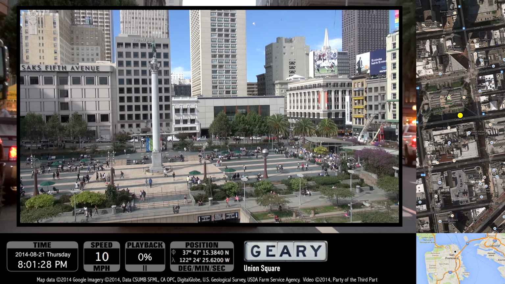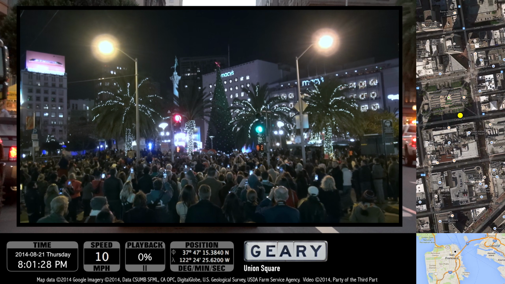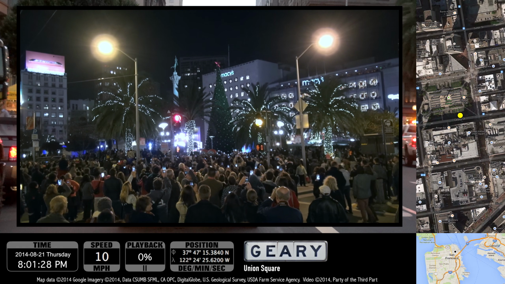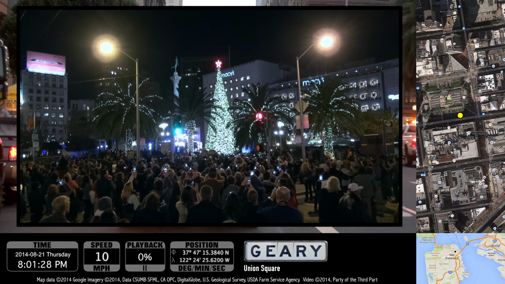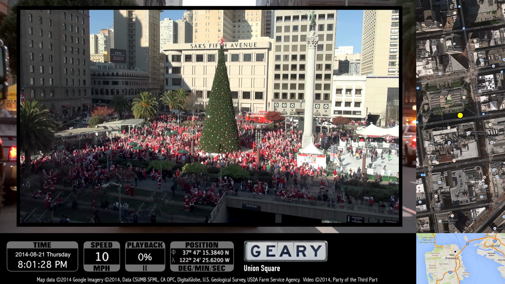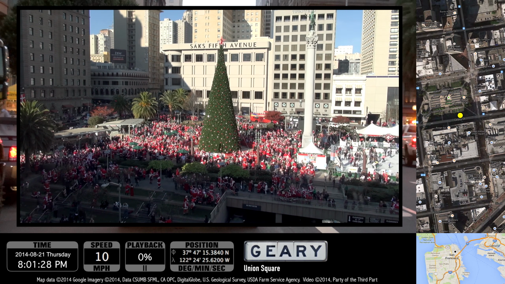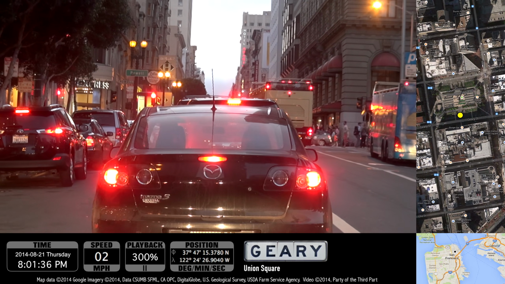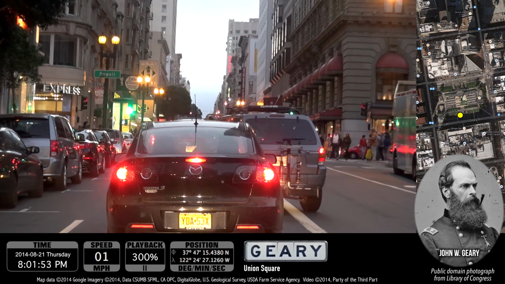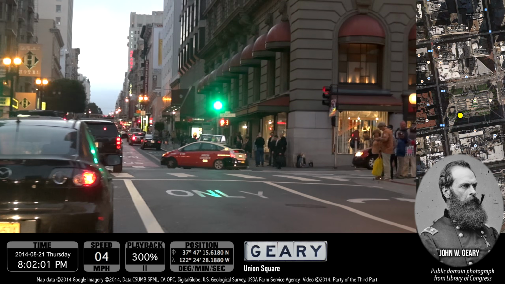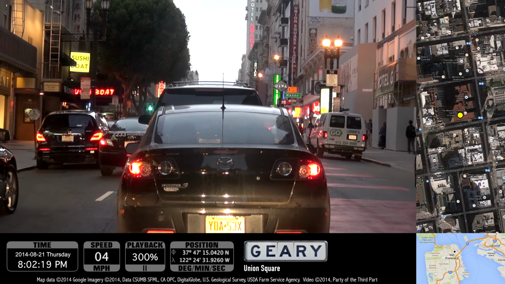There are many events that take place in Union Square, such as concerts and art shows. There's the Christmas tree lighting that takes place each year. And in some years, SantaCon has shown up here too. Geary Street is named after John White Geary, who was the first postmaster of San Francisco and also the first mayor of San Francisco. He was only in San Francisco for 3 years, but when he left, he gave the city the land for Union Square.